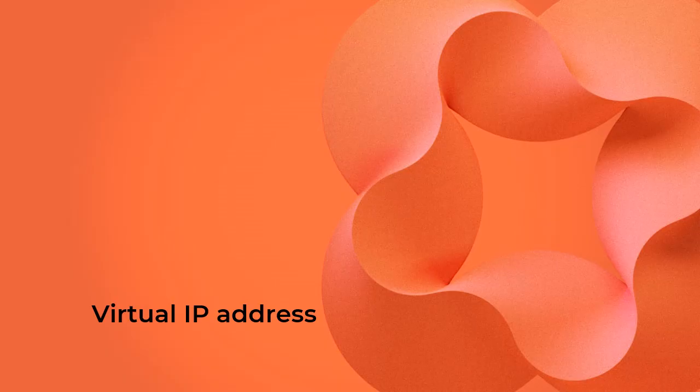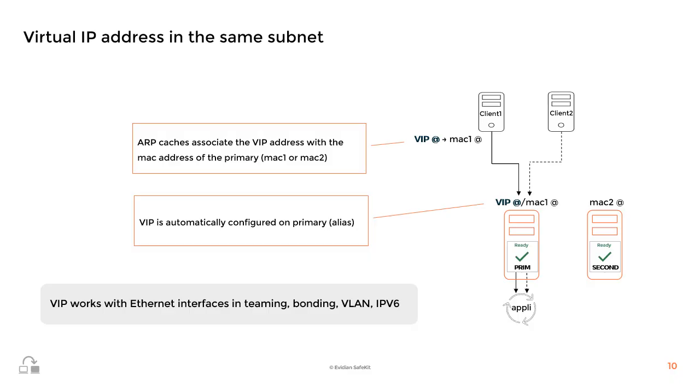Let's now detail the virtual IP configuration. A virtual IP address, also named VIP in the figure on the right, is a third IP address coming in addition to the two physical IP addresses of the two nodes. In a mirror module, the virtual IP address is set as an alias on the network interface of the primary node, which runs the application. Both nodes must be in the same subnet to be able to switch transparently the virtual IP address from one node to the other at the MAC address level, level 2 in the network layer.